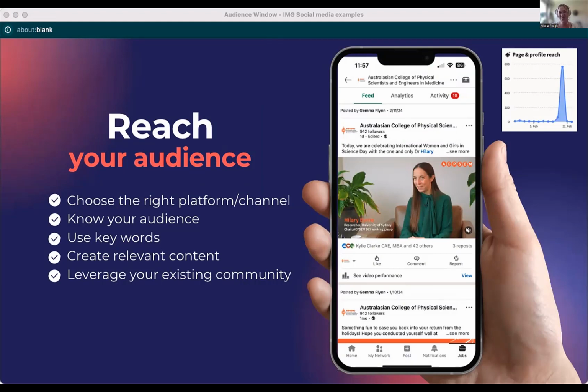So in this example, we achieved reach by interviewing their members and creating short storytelling videos. These highlighted areas that were really interesting to the community, the research that they're working on, achievements, et cetera. And it really did so in an authentic way. So the big lesson from this is leveraging your existing community, reaching out to those people that are already there, already big fans of what the college or your organization is doing, and integrating them into your content.